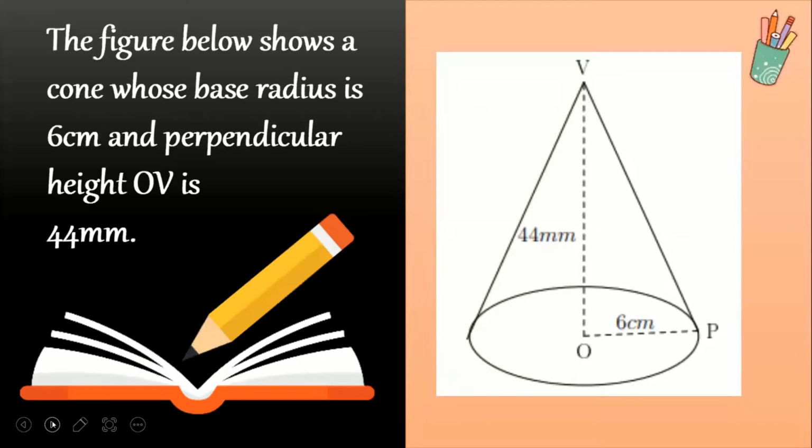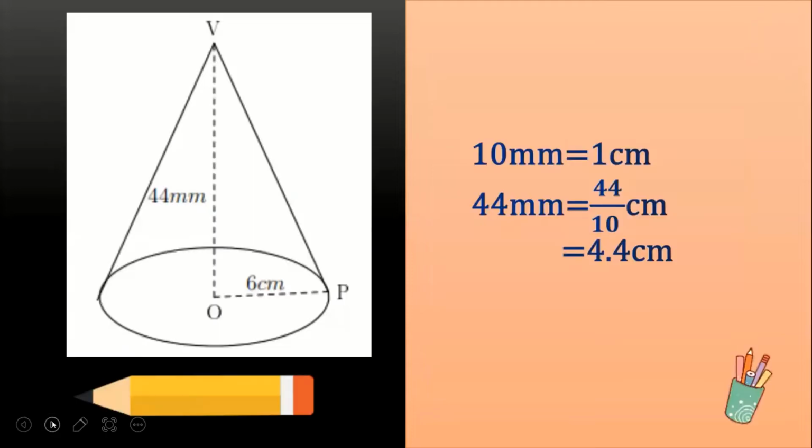Okay, so the question to number 76 says, a figure below shows a cone whose base radius is 6 centimeters and the perpendicular height of V is 44 millimeters. So first, from our question, we realize that they have given us different units. The radius is in centimeters while the height is in millimeters. So the first thing I did